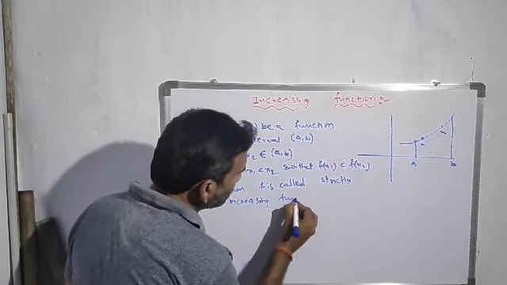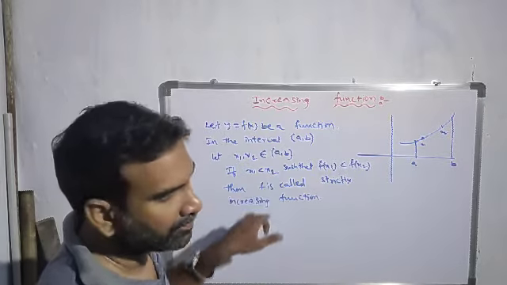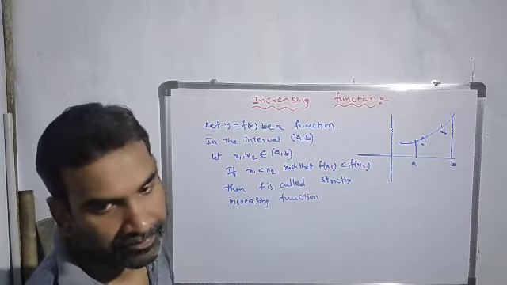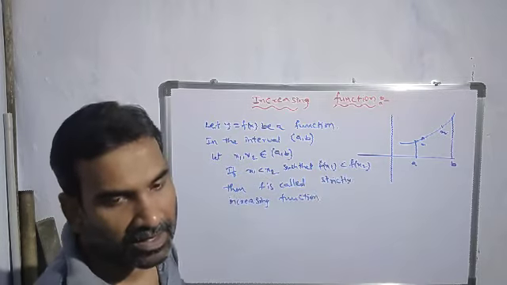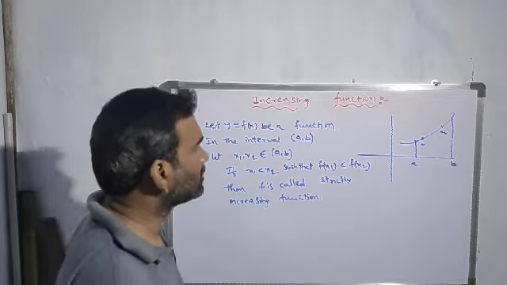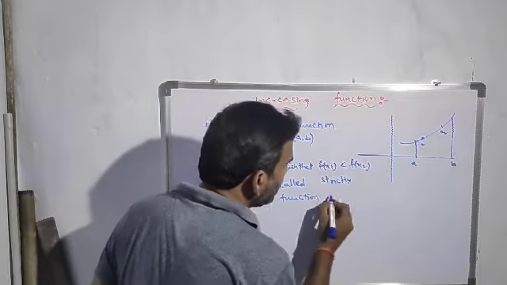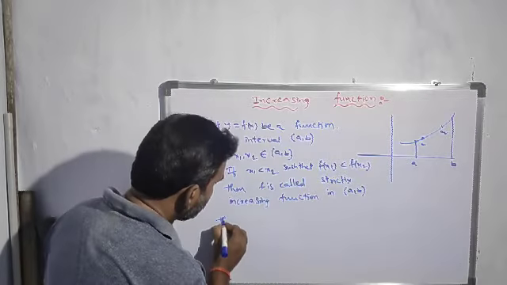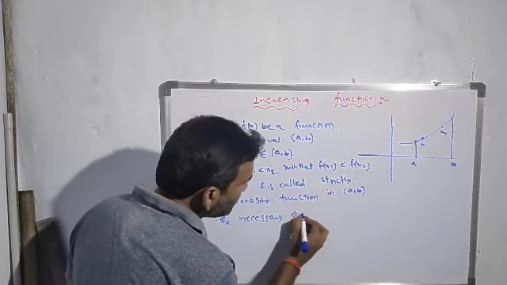That means if you take two elements, one element is less than another element, if you apply the function value, there is no change in that sign. Here you are having less than, here also less than. There is no change in that, then that function is increasing function in the interval a comma b.